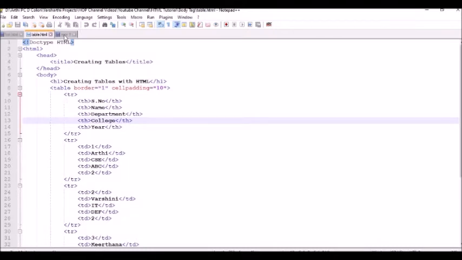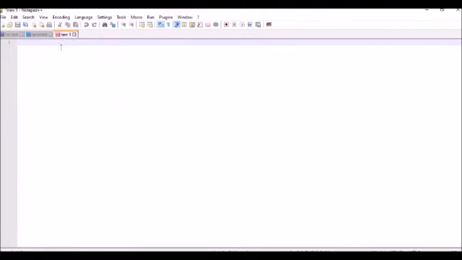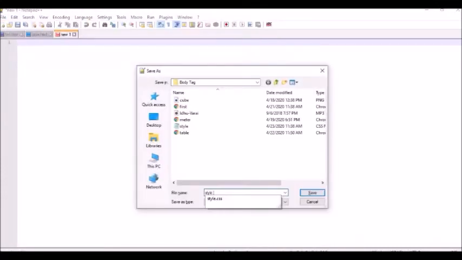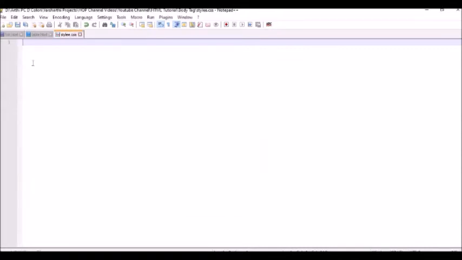Yes. So create a new file and save it. You can name it anything. Let's say I'm naming it as style.css.